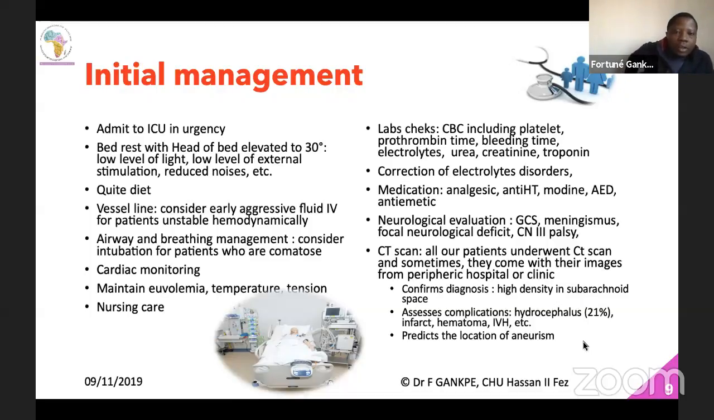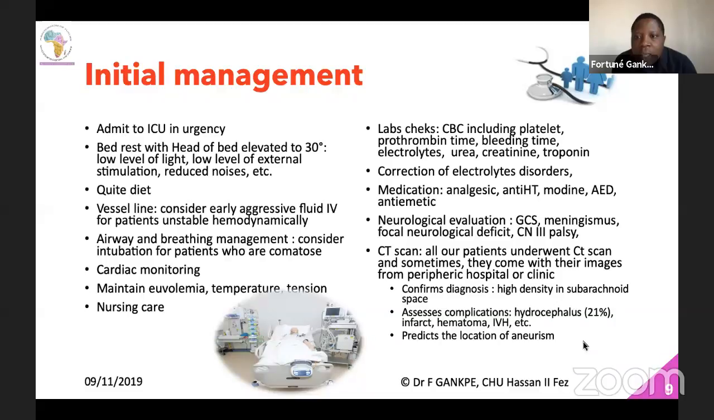Here, we can consider early aggressive intravenous fluid for patients who are hemodynamically unstable. Airway and breathing management: consider intubation for patients who are comatose. Cardiac monitoring, maintain euvolemia, temperature, attention to nursing care. We should also take blood for lab checks: CBC including platelets, prothrombin time, bleeding time, electrolytes, urea, creatinine, and troponin. We should correct electrolyte disorders, and also begin medication,